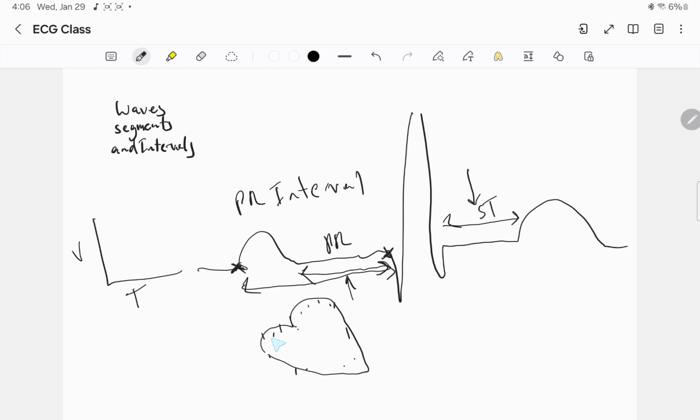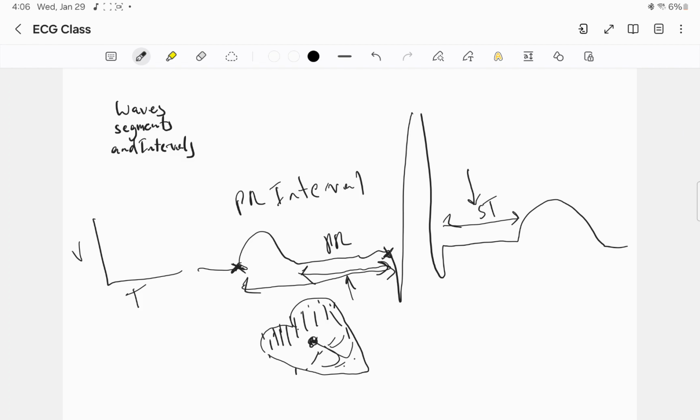So it would be a combination of the time taken for the atria to depolarize as well as the time taken for the hold up in the AV node, because as we described earlier, there's a slight delay in the AV node before the impulse is propagated, right? And then